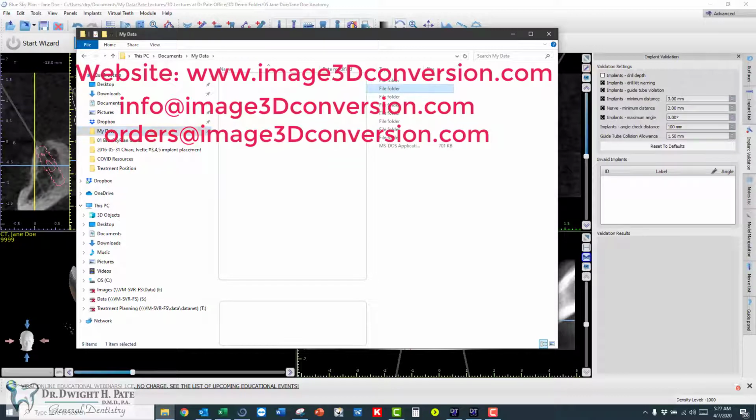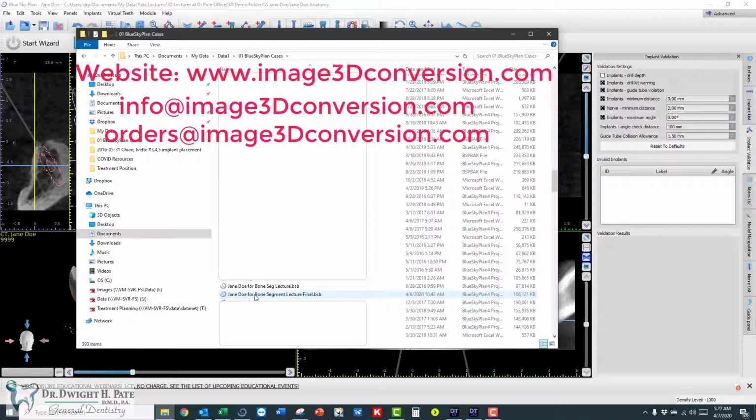So now when I get it back, I can load the file that they returned to me. It's got final at the end of it. They don't modify the original file. They just add the word final at the end. And then this is the original file. So now I can open the file that they sent me,